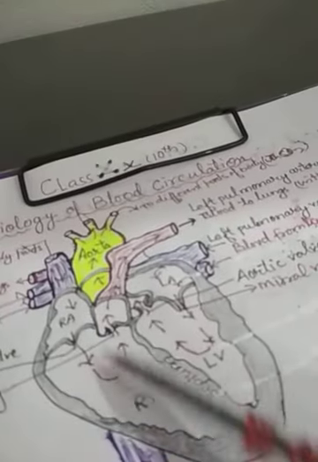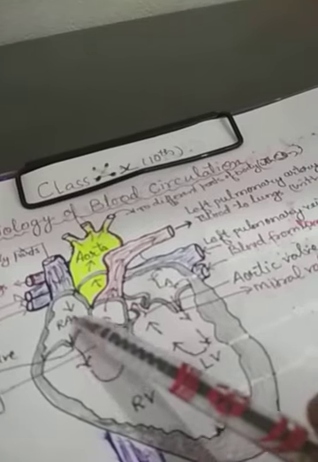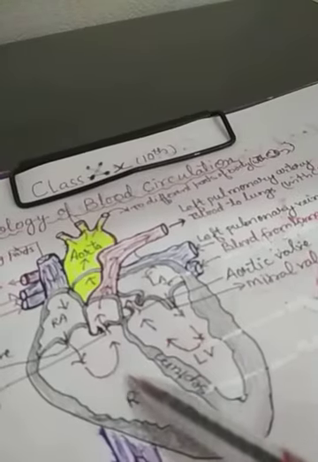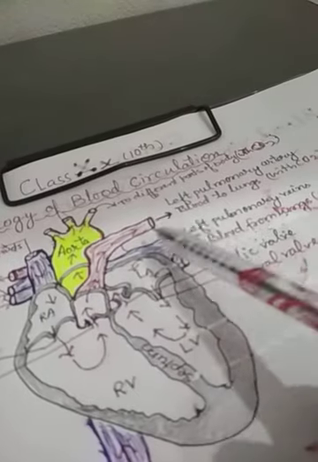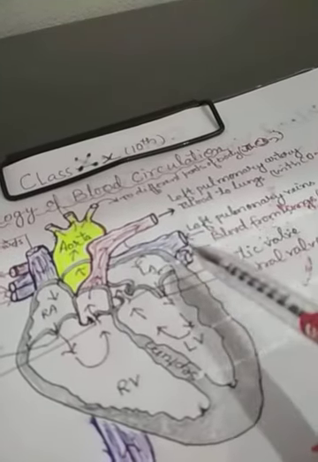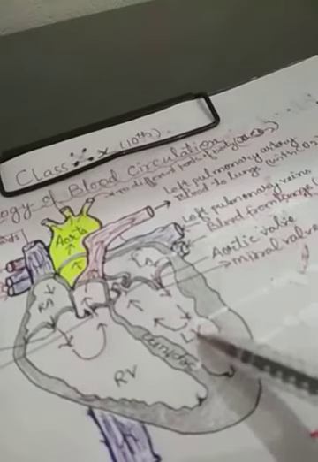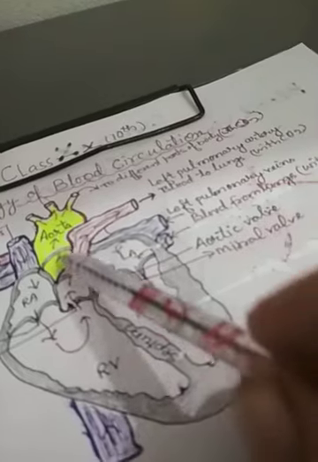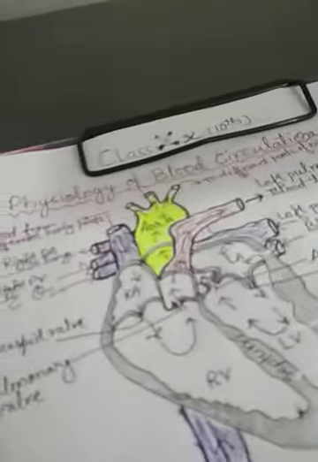This is the 4-chambered heart that is facilitating the blood flow from the right atrium to the right ventricle, and from the right ventricle to the lungs, and from the lungs coming to the left atrium, going to the left ventricle, and further it goes to the different parts of the body via this aorta. So this is the complete physiology of the blood circulation inside the heart. So my dear students, you remember this double circulation, that is the significant point.